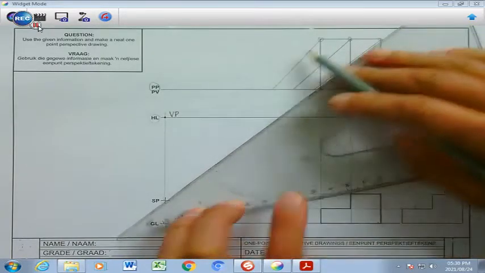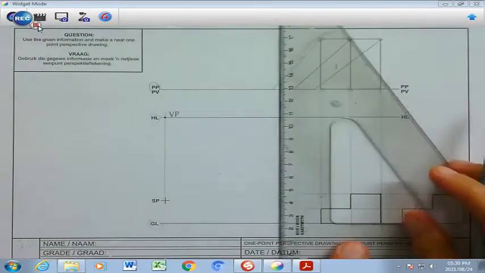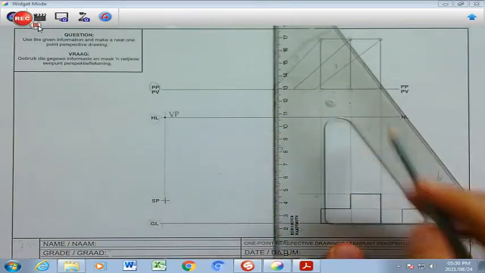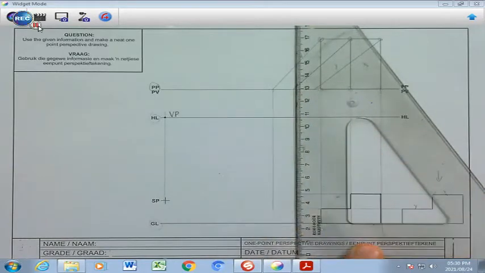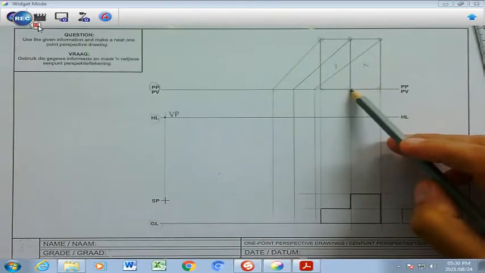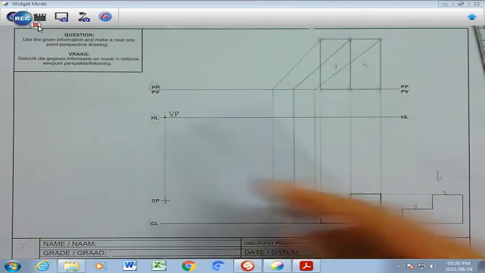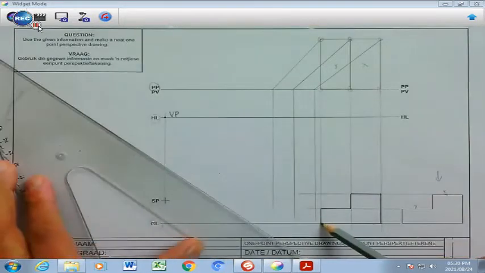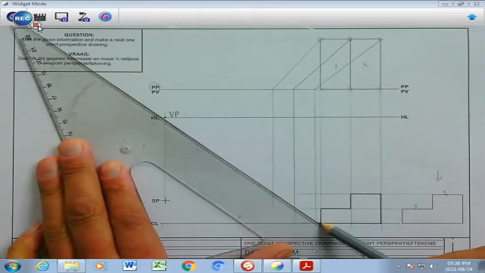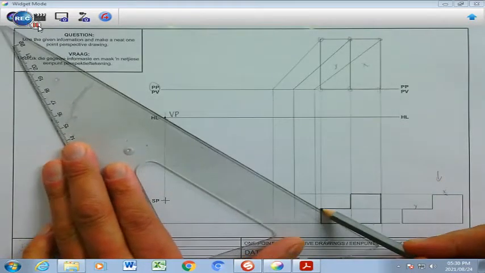Right. I'm going to stop it there, because once it reaches the picture plane, it can come straight down, and it has the rights of these points which are actually touching here. My next step is to take all these corners or these points here to my vanishing point. So I'm going to start with that point over there by drawing that one there,